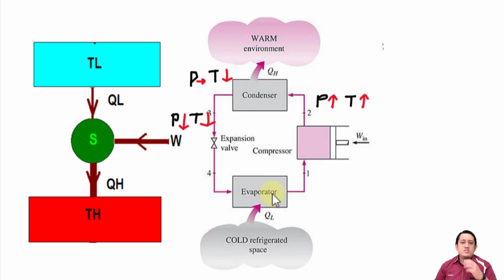evaporator. When we say evaporator, evaporate. Evaporate is something like water evaporating, which means that the water becomes gas. So for the evaporator here, when the refrigerant exits this expansion valve, it will be a mixture of gas and also liquid. Then this mixture of gas and liquid enters the evaporator, so the evaporator here will